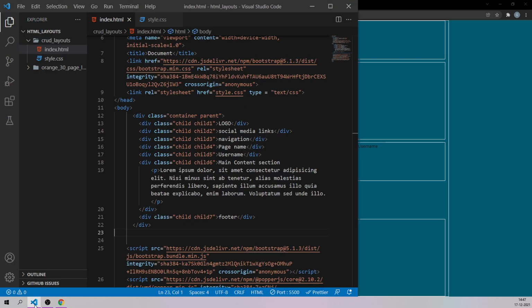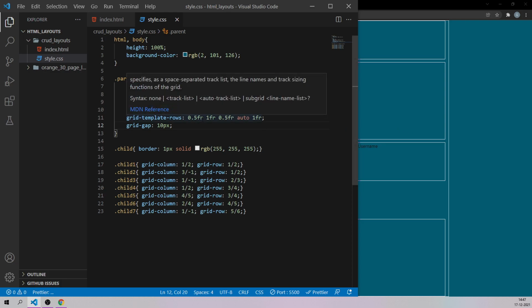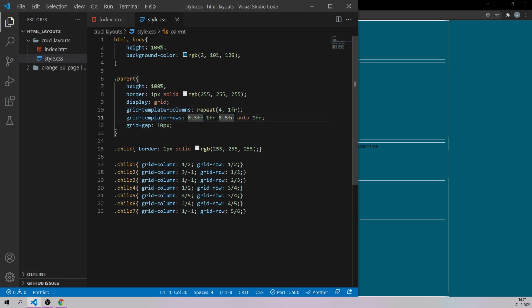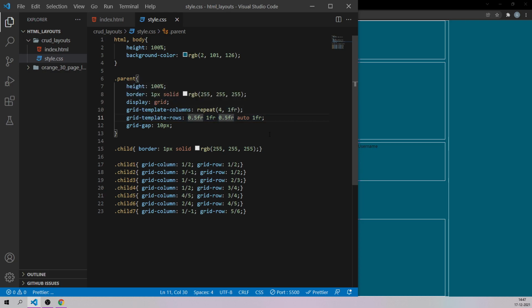One fine thing you can also do is, if you are not really worried about the main contents, if you know how much contents you are going to actually get, then instead of giving this like point fr, 1fr, point fr, and auto and all those things, you can use auto itself. It will decide automatically how much content is there, that much is going to be the height of that particular element or child component. So here you can say 1 2 3 4 5, totally 5 times you can put it as auto itself. So let me just get rid of this and say auto, auto, auto, auto, and auto. See, 5 times.